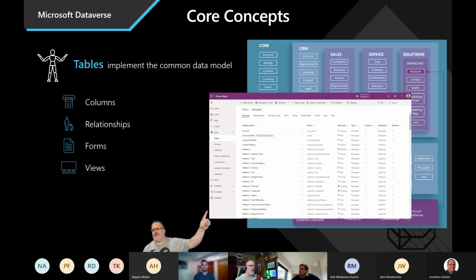The reason for that is the integrations you're going to see, like out-of-the-box template flows and template apps, are designed to sit on top of the Dataverse or the CDM, using the information that exists where it is.